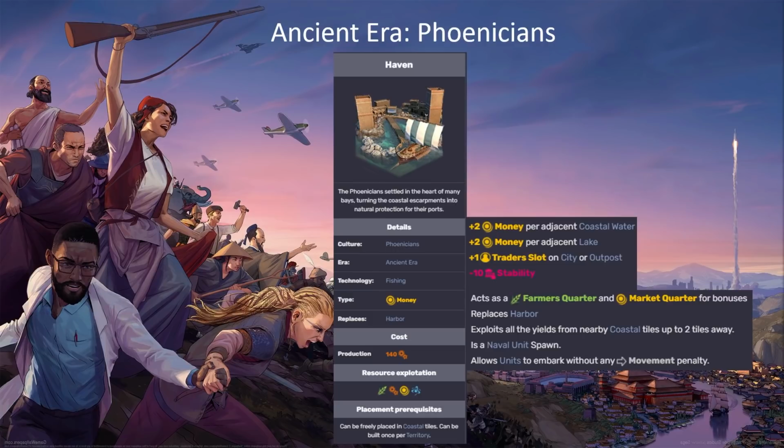So what are my issues with the Haven? First is that it's a harbor, and harbors are the most expensive districts in the game. So the Haven has a really high production cost, which means it takes a long time to actually build. So ideally, with the Haven, what you're actually going to be doing is using influence to purchase it on outposts